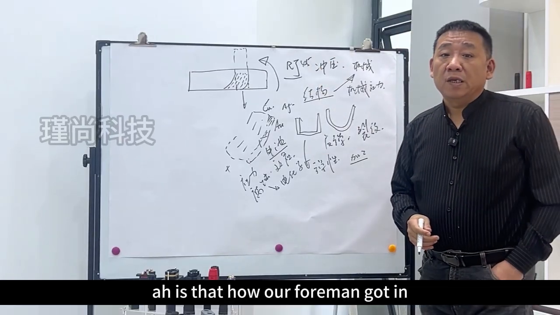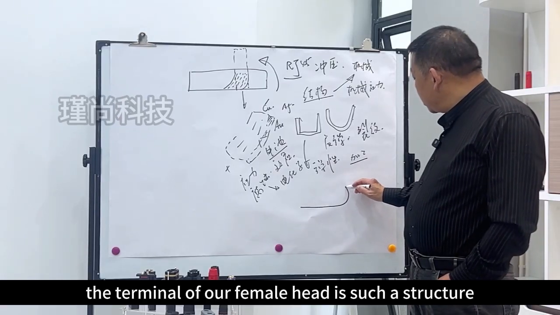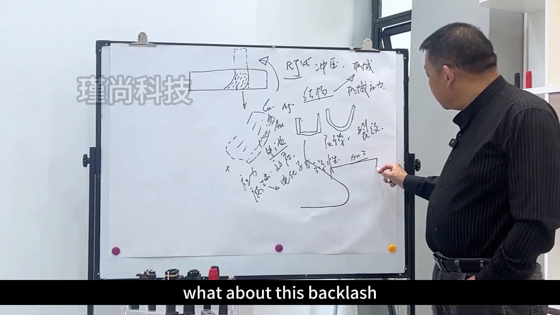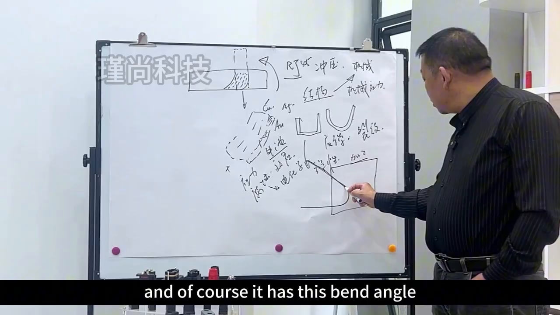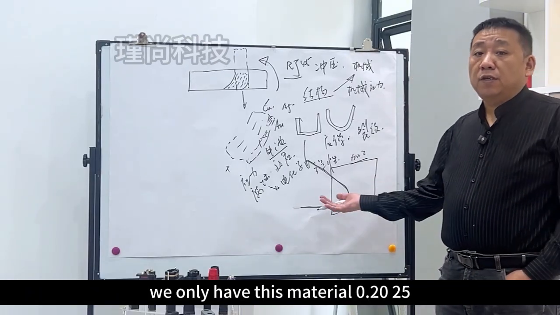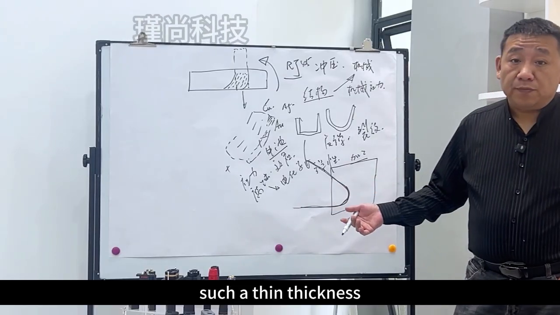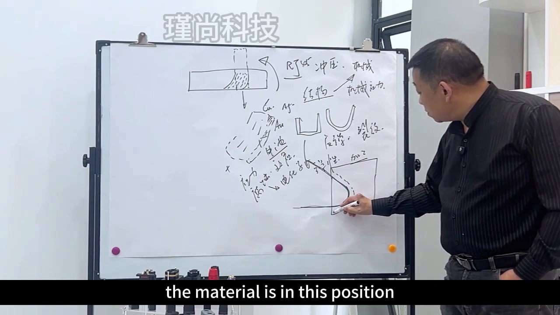Is that how our foreman got in? The terminal of our female head is such a structure. This structure needs to be reversed, with this backlash in this place. And of course, it has this bend angle. In this place we only have this material, 0.2025, such a thin thickness. In such a situation, the material in this position